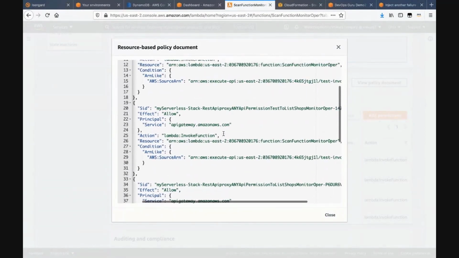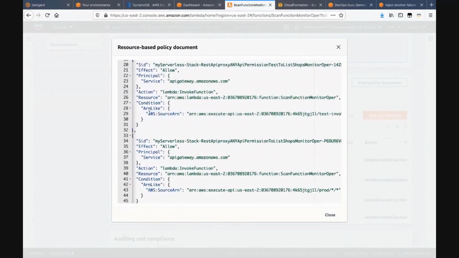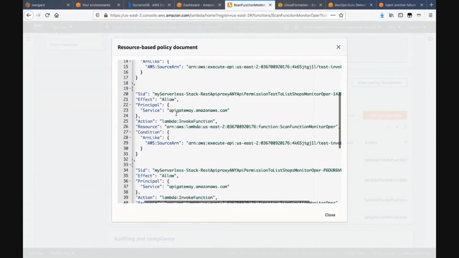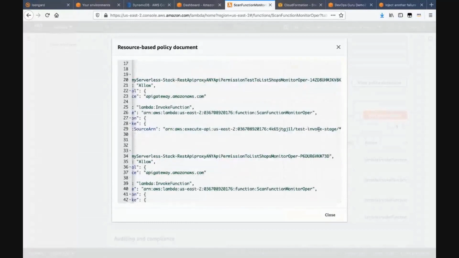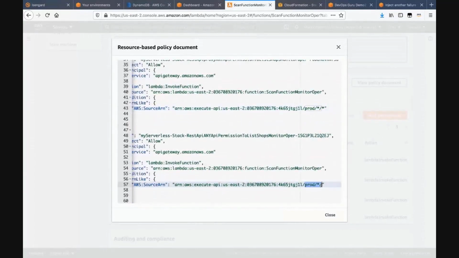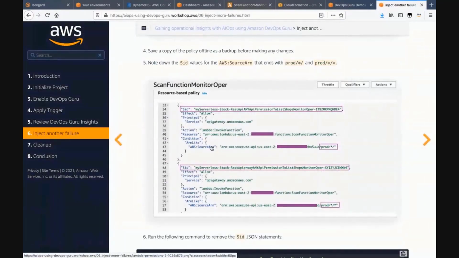And what you can do is as simple as just identify the source ARN, the AWS source ARN. Select the ones with the prod. So this is the test invoke stage. This is also the test invoke stage. Go to the prod. So this is the prod, and this is the prod. So we got both of them. Okay. So now here you have copied the SID in here, and if you go back into this, what it is saying is